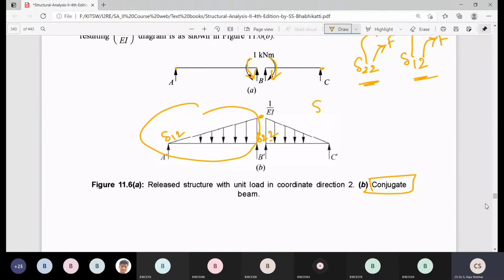So delta 2 2 will be equal to, we need to multiply 2 by 3. For delta 2 2, when delta 1 1 is there, we need to multiply with the 2 by 3 coefficient. So 2 by 3 into the area of this first triangle plus the area of the second triangle. The area of the first triangle is,